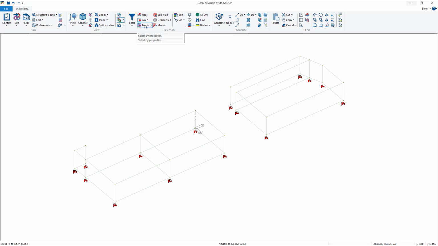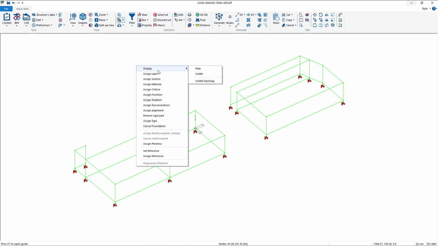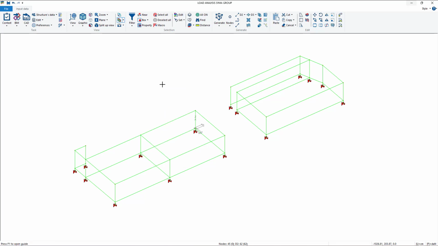So I'm gonna use a filter, exclude the nodes, and then with select all, I can select everything except for nodes. So with right click, yes, now I have more options. In this case, we're going to use assign material. With assign material, the previously set material is now assigned to everything.